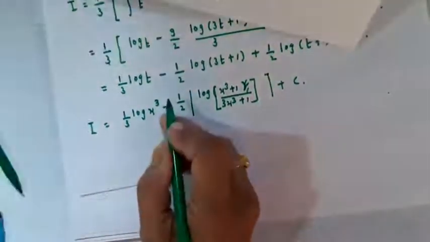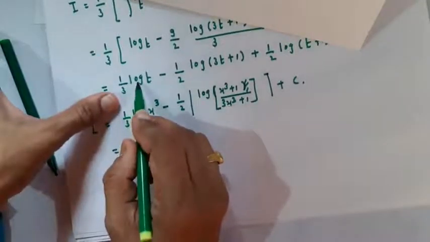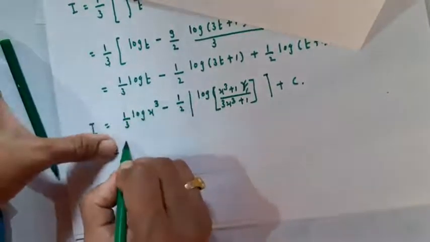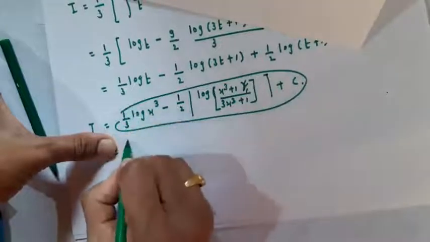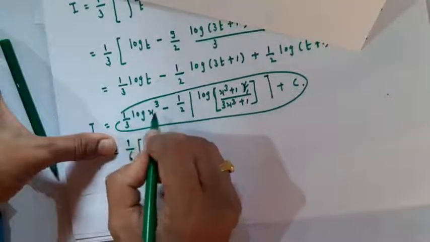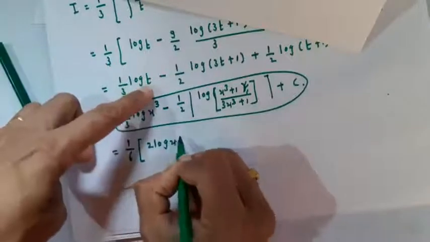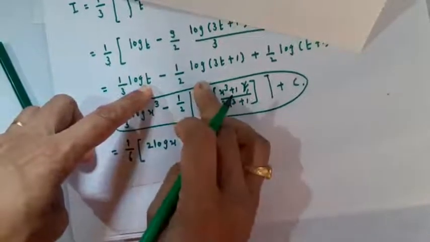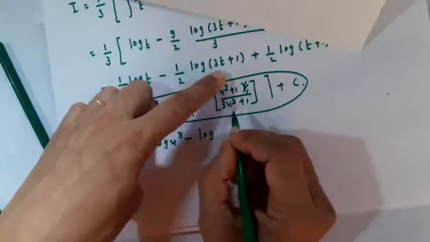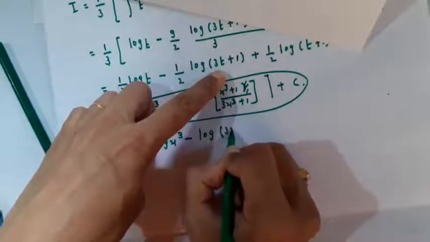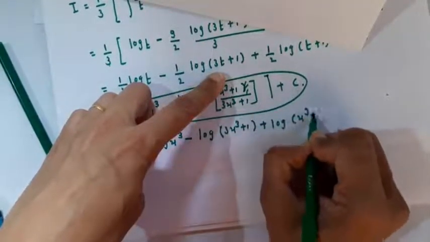Anyway, also we can write in this way, or otherwise if we common out 1 by 6 from all the terms, then the term will be 2 log of x cube, put the value of t as x cube, minus log of 3x cube plus 1 and plus log of x cube plus 1,